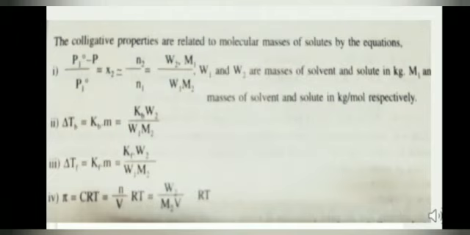So here the colligative properties of the solution of a non-volatile solute depend upon the number of solute particles. So we can say here that the colligative property is directly proportional to the number of solute particles. And we have derived an equation relating the colligative properties to the molecular mass. हमने इन लोग के लिए equations derive किया जिससे हम लोग ने molecular mass कैसे calculate करते हैं वो भी हमने देखा. Now using this equation it is possible to calculate the molecular masses. ये equations को use करके हम लोग molecular mass of non-electrolyte solute को कैलकुलेट कर सकते हैं.